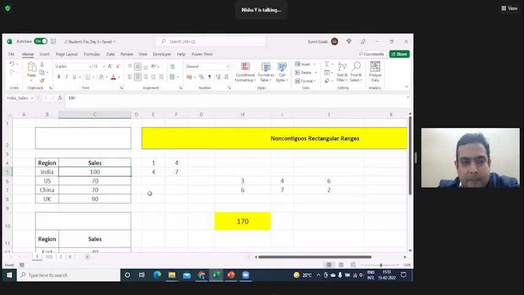With US_sales it is showing me, but India is not. I don't know for what reason. Okay, probably you must have named this cell something else. Just click on C5 and just type it as India only. Leave India_sales and press enter.